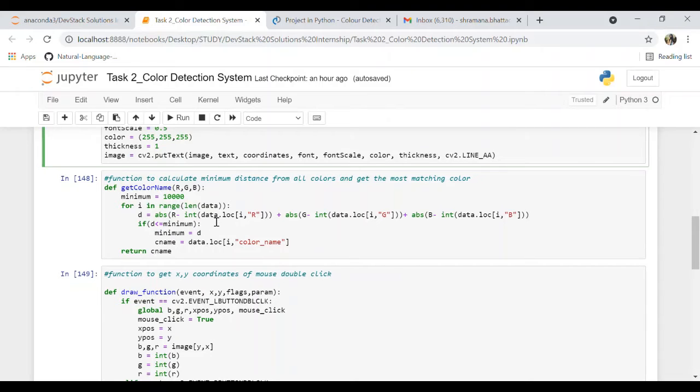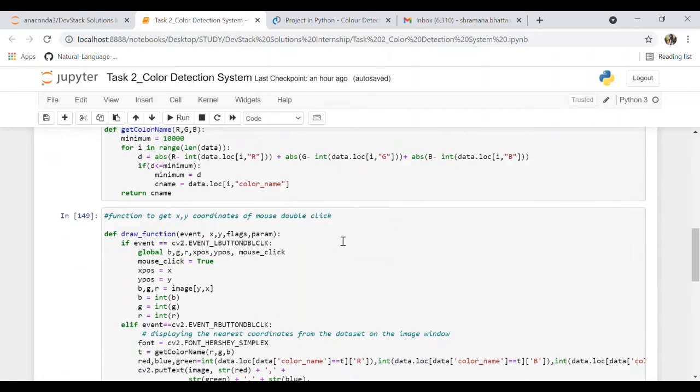So this d value, which will be minimum, corresponding to that d value, the color name will be returned. So that is what is done with the help of this get color function.